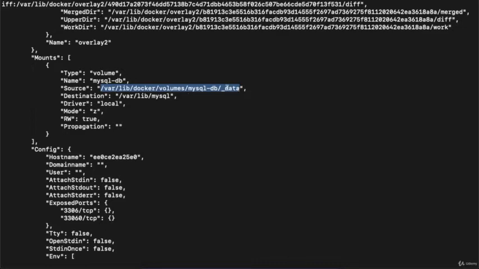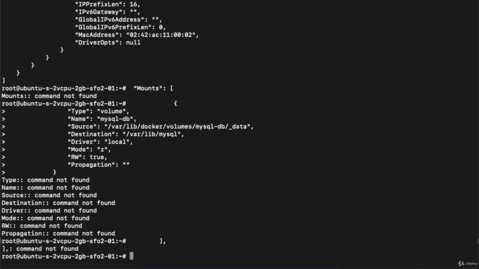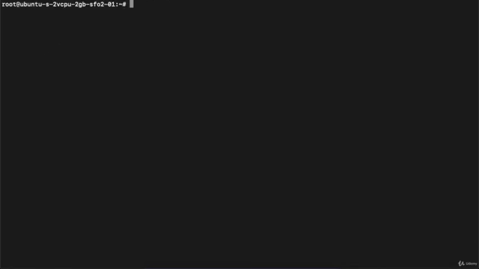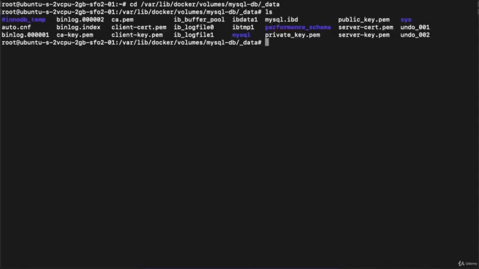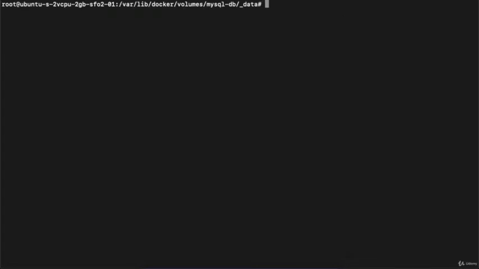If you want, you can go to this particular location. I will copy this, clear out the console, go to cd and paste the location which you have copied, which is /var/lib/docker/volumes/mysql-db/_data. Then you can see this location is present. If I put ls, then you can see we have files present at this particular location. So it means the volume with name mysql-db is successfully created, right? I will clear out the console and go to the root. So clear, cd root, right?